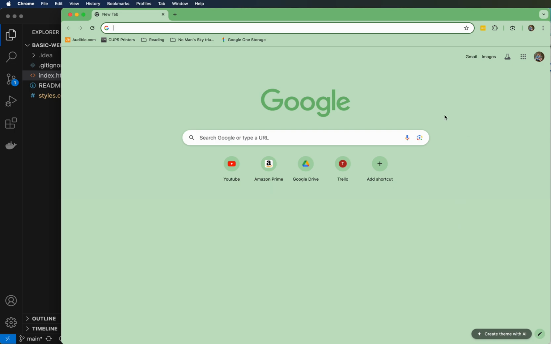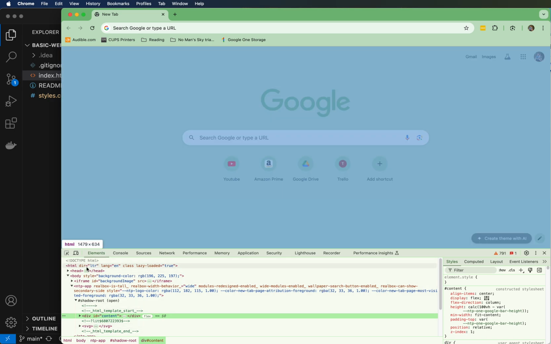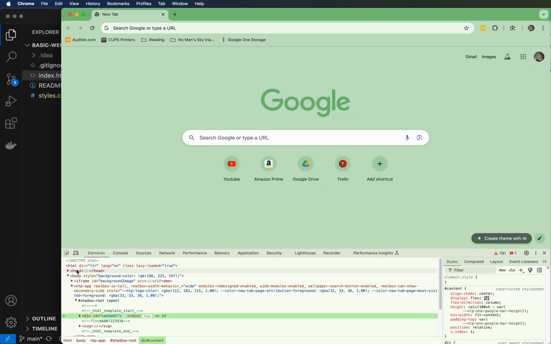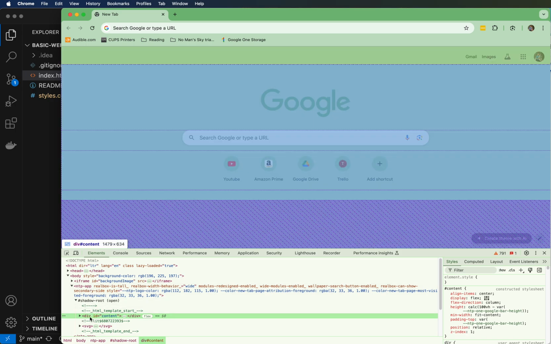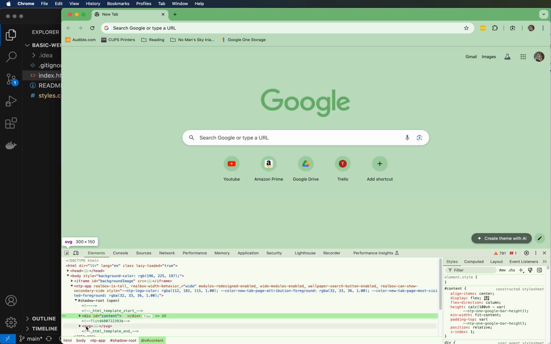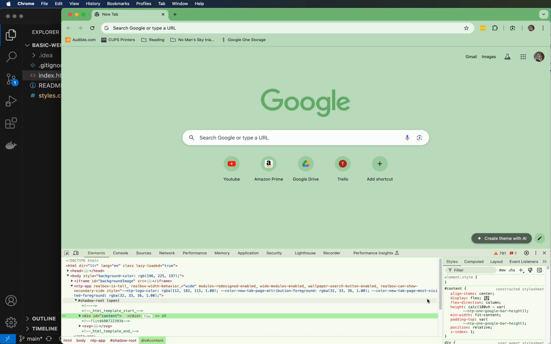Whenever I use Chrome, I can right click anywhere on the web page and it should give you this inspect option. And I open that up, and if you see the elements here, this is what the HTML code looks like. We've got an HTML tag, a head tag, a body tag, an iframe tag, an HTTP app tag. Down here we've got a div tag, an SVG tag. So these are all different elements, also called, I call them tags, and then each of